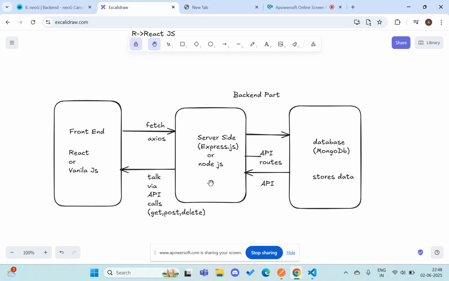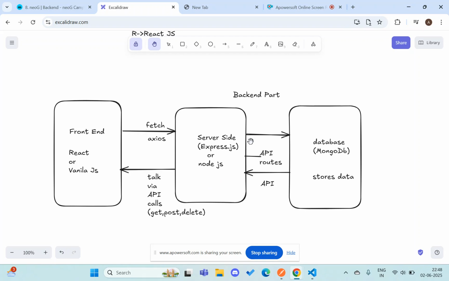And there we add required middlewares which will process the incoming or outgoing requests, like express.json. We can create API routes to